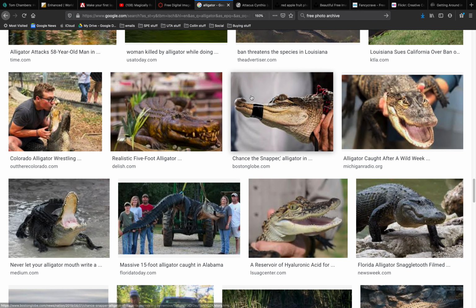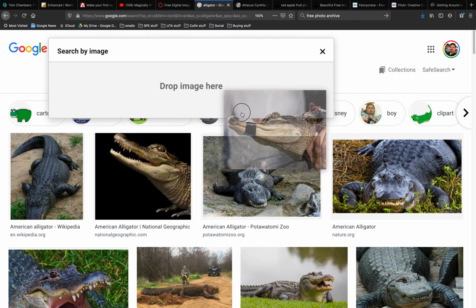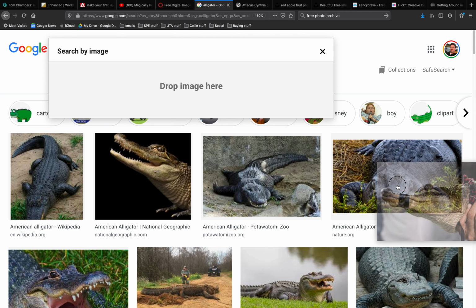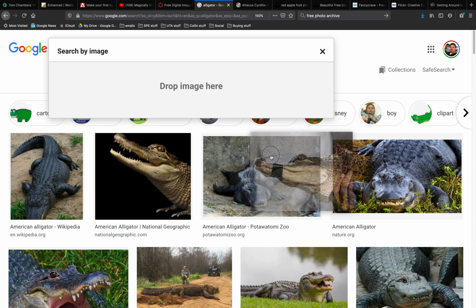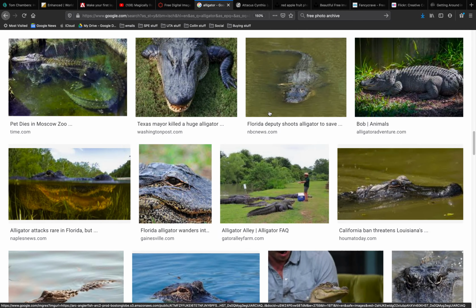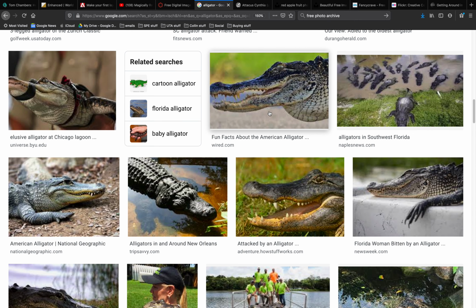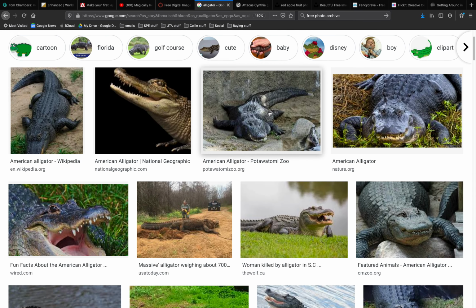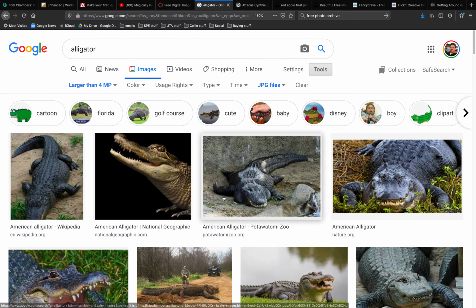If you want to grab one of these, I know a lot of people do this when they try to grab an image: you just grab it and click and drag it over onto a desktop. If you do that with these thumbnails, what you will be grabbing is the thumbnail, not the original image. It doesn't do you any good to do that. So to get to the original image,